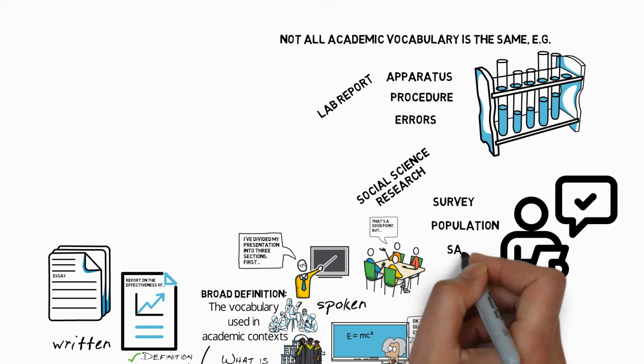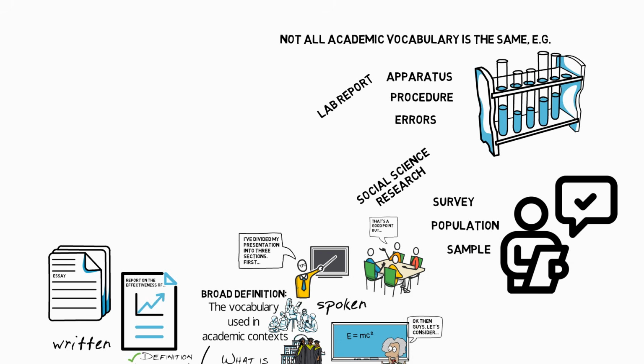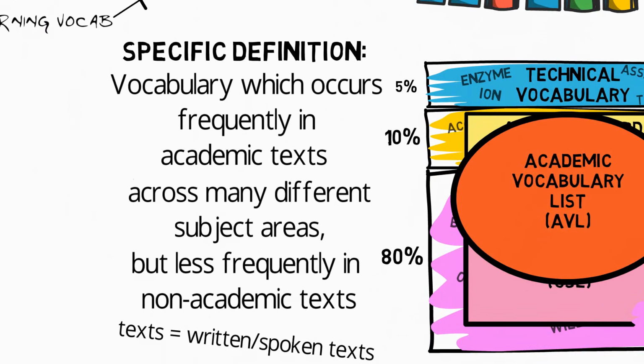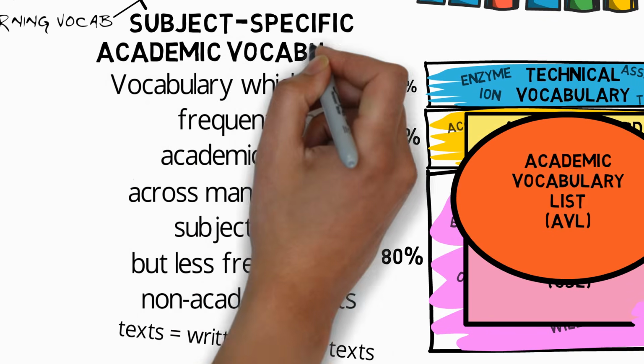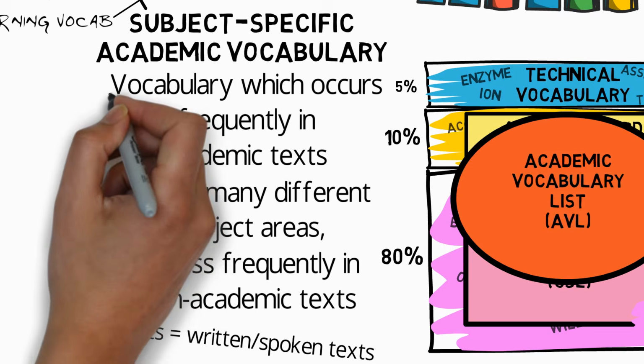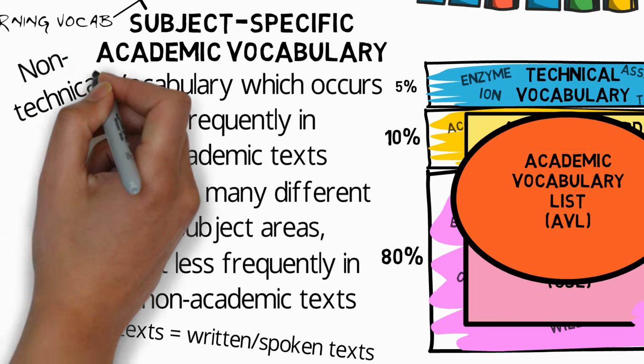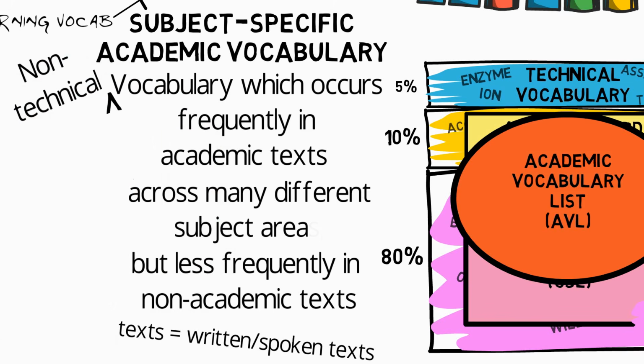Instead, we'll want words like survey, population, and sample, which a scientist is less likely to use. But those are the kind of words which are included in general academic lists. As a result, some researchers have developed subject-specific academic vocabulary lists. So these consist of non-technical vocabulary, which occurs frequently in academic texts of one specific subject area, but less frequently